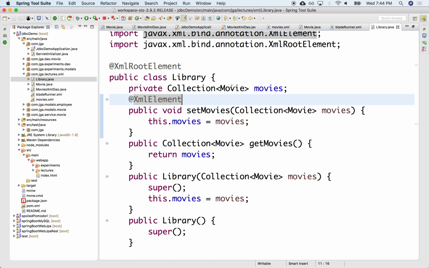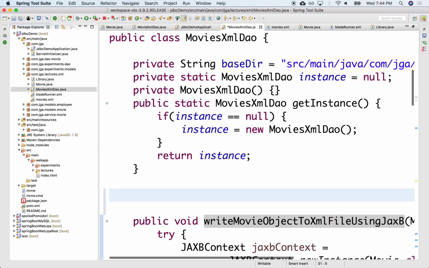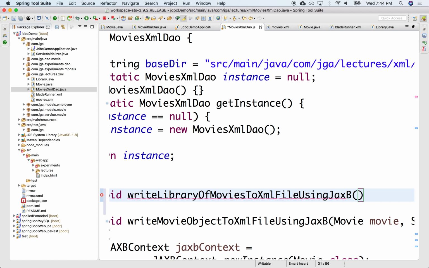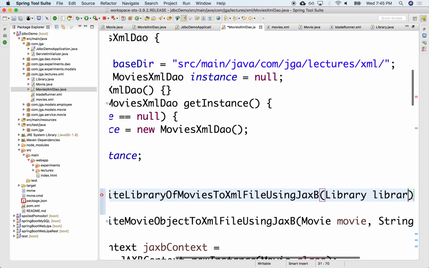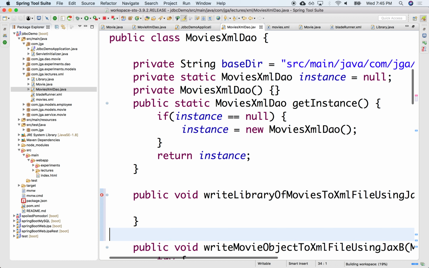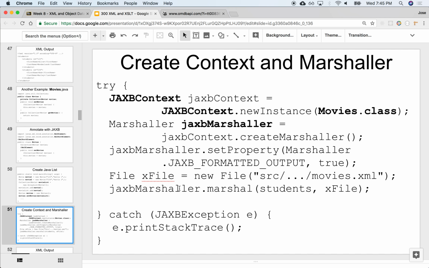So let's create in our DAO, public void write library of movies to XML file using JAXB. So this is Library, and the string is the XML file name. Okay, and that will look something like this. Actually, no, that's from the main. Here we'll